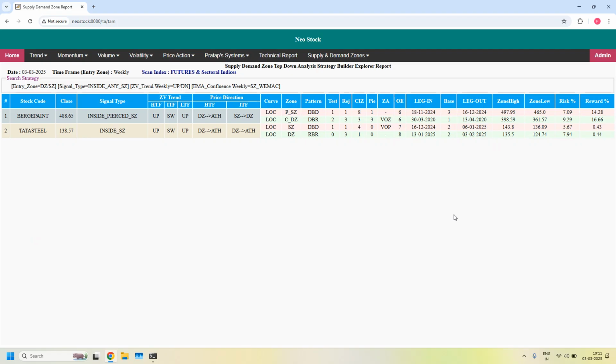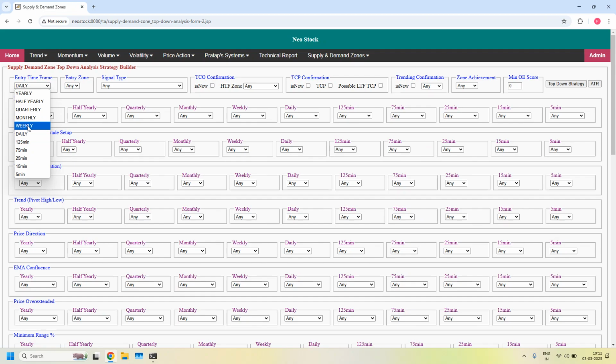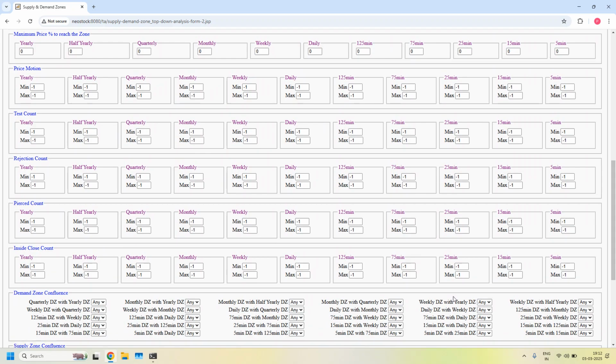Okay, as per the request asked by our member, let me look for zones having weekly zone, monthly zone and quarterly zone confluence. So weekly time frame. First let us look into the demand zone supported stocks. Weekly demand zone having monthly demand zone confluence, weekly demand zone having quarterly demand zone confluence, and monthly demand zone having quarterly demand zone confluence. With all the 3 filters,